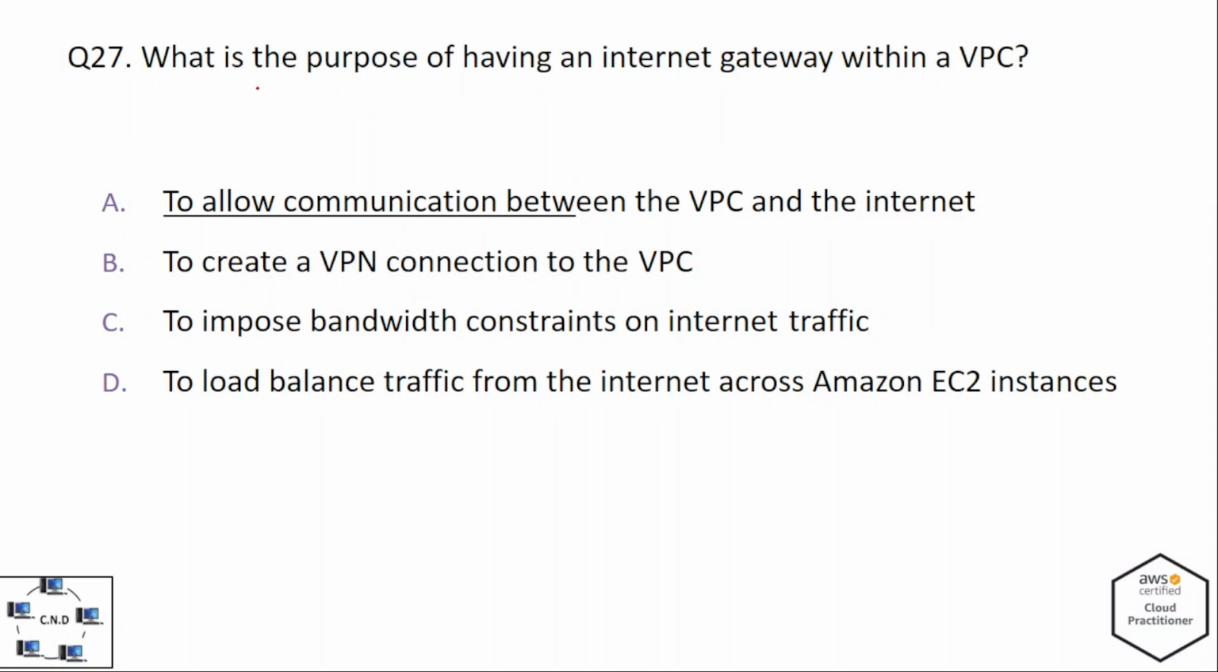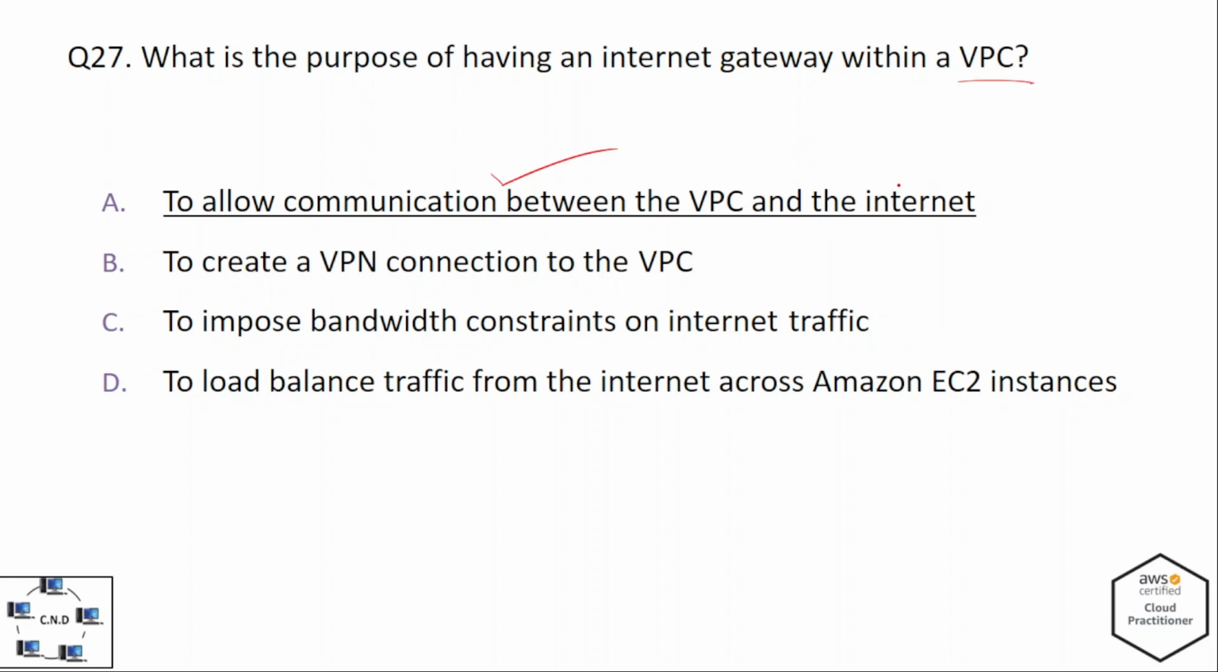Question number 27 is that what is the purpose of having an internet gateway within a VPC, that is virtual private cloud? And the options are A, to allow communication between the VPC and the internet, B, to create a VPN connection to the VPC, C, to impose bandwidth constraints on internet traffic, and D, to load balance traffic from the internet across Amazon EC2 instances. And the correct option is to allow communication between the VPC